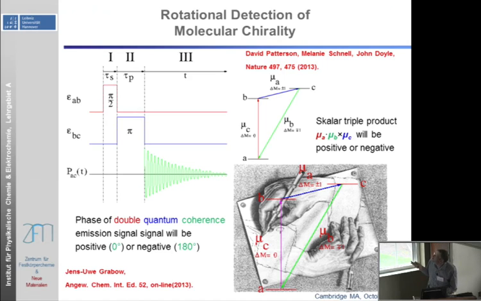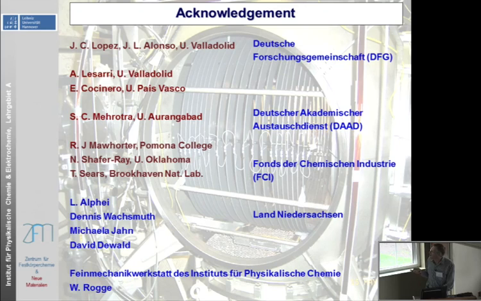There's a paper here that recently came out where this was demonstrated using a Stark effect actually, but you can also do this in a pi over 2, pi scheme, doing double quantum coherence. And with this, I want to close this talk,